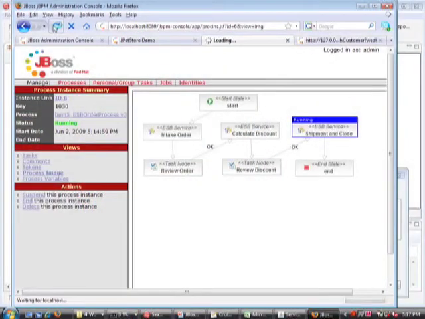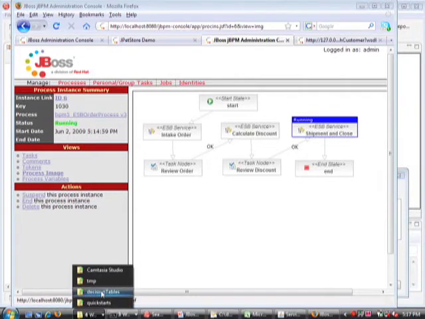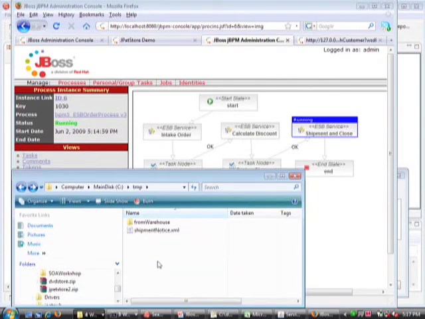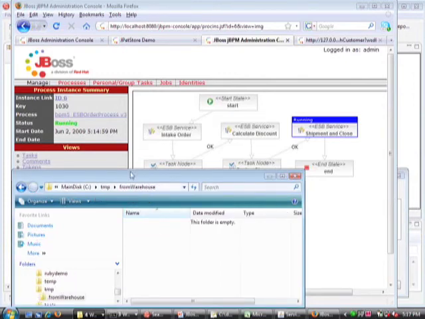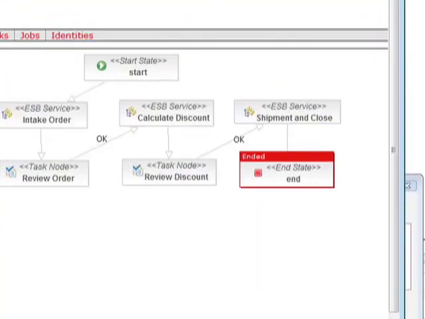So it's going to sit here indefinitely. So let's hit refresh here. Okay. So it's just sitting here at this point. And what it's sitting on and waiting for is the shipper to come back with a specific transaction. In this case, it is actually a file that shows up on my hard drive. And I purposely put it in the wrong place. So if I move the file to the right location,